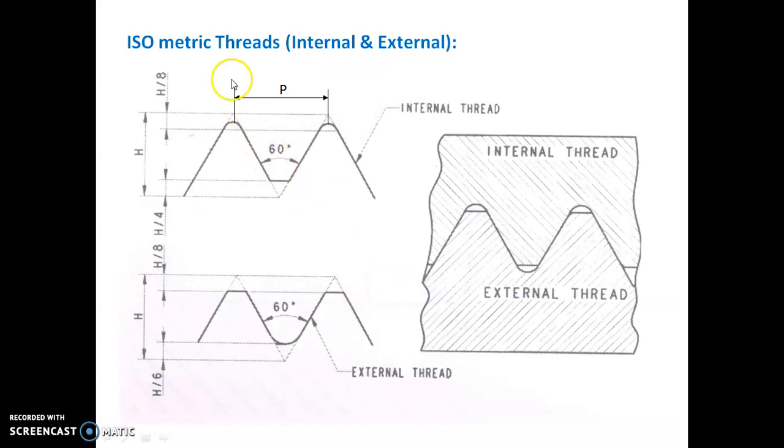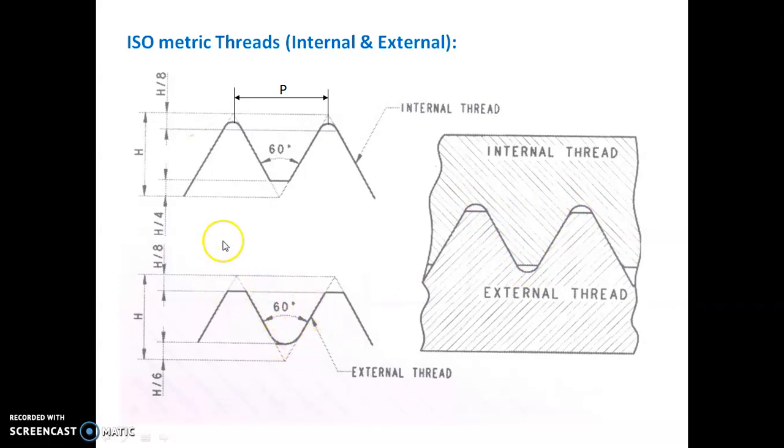The first one is the isometric thread, both internal and external are shown on the screen. This is called the internal isometric thread, and this is called the external isometric thread. When we combine them together, if you consider this as a nut part and this as a bolt part, they will have this type of connection. There will be some gap remaining here, which is because of the offset provided on the crest and roots